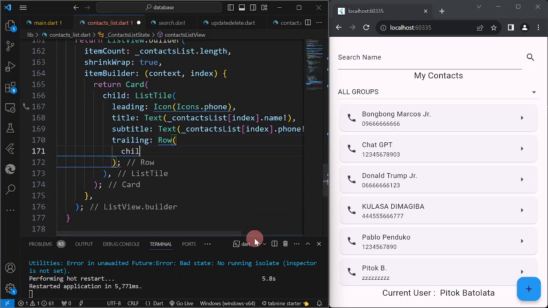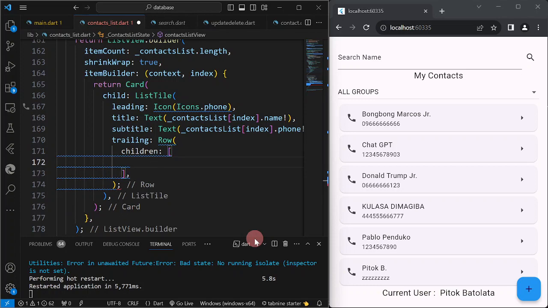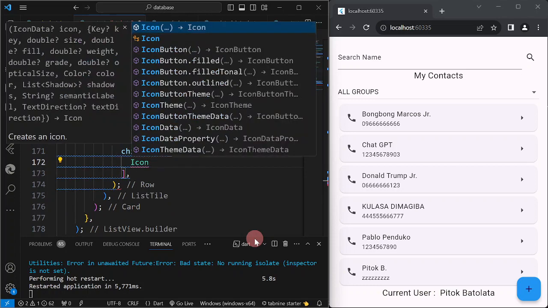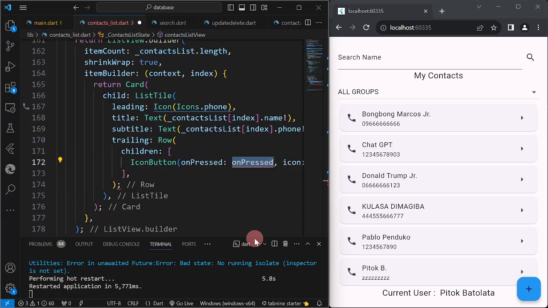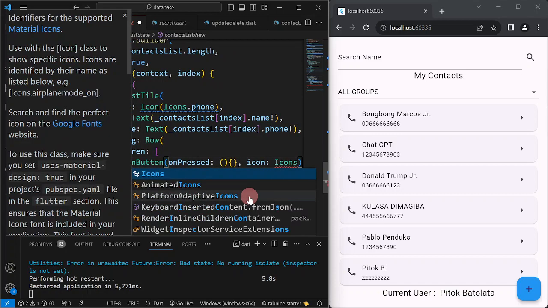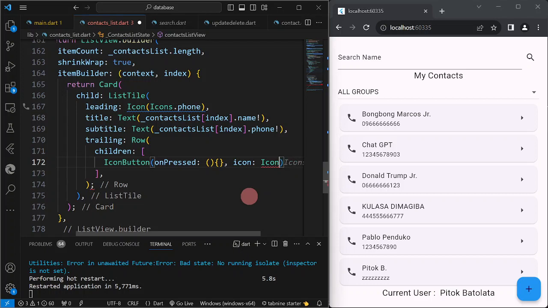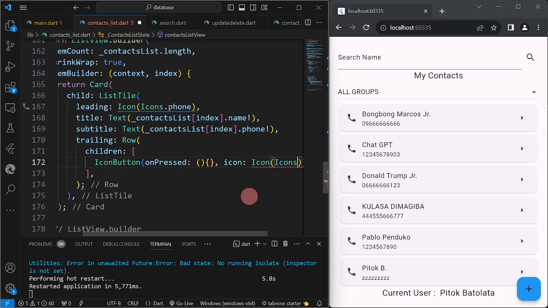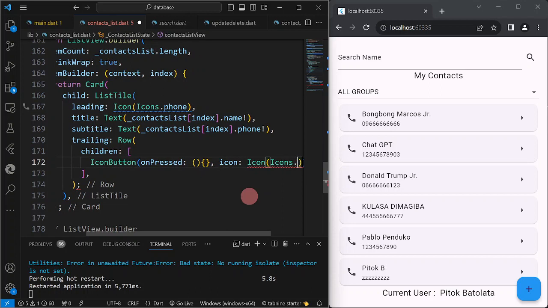Okay, a row which says children. Okay, and in our children we're going to have two buttons. I'm going to use here icon buttons. Okay, so icon button, then we have here our on pressed, then we have our icon. Okay, icon widget with icons that I'm going to have